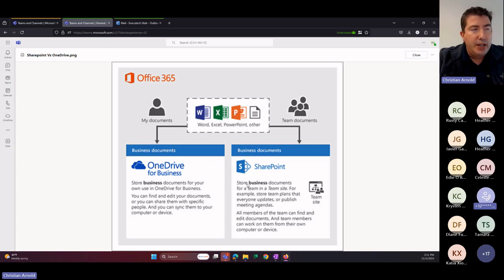So the reason that I bring that up is if you are collaborating on a document or on a PowerPoint presentation or something, and you want to make sure that everybody is going to continue to have access to that, you want to make sure that those are saved somewhere in a SharePoint style folder, whether they're on your internal SharePoint page, which Vincent, our trainer for tomorrow, is going to go deeper into for you tomorrow, or you can